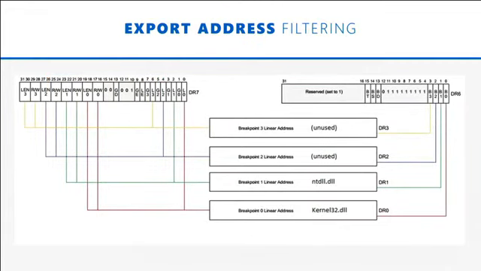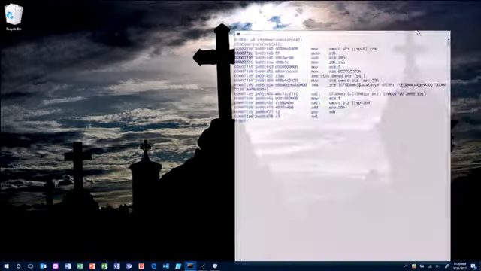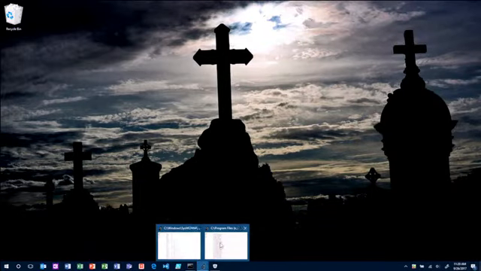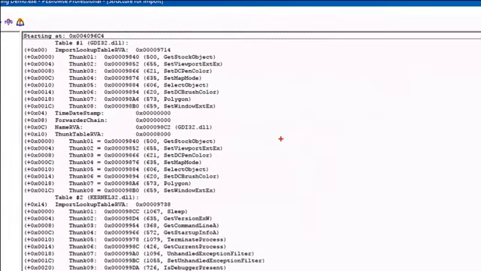Export and import address filtering. Here's another one where we're going to dive a little bit into the internals of how Windows works to make sure we understand what that can and can't do. So for that, let's get these windows out of the way, and let's pull open, we'll do import tables first. The way Windows works, and it's good to know this at a conceptual level, is I'm going to have an executable that links to a bunch of DLLs, and those DLLs can change over time. And they can move. We already talked about ASLR and rebasing, so I can't just say, go over and run this function which is at this address. I need to be able to dynamically adjust